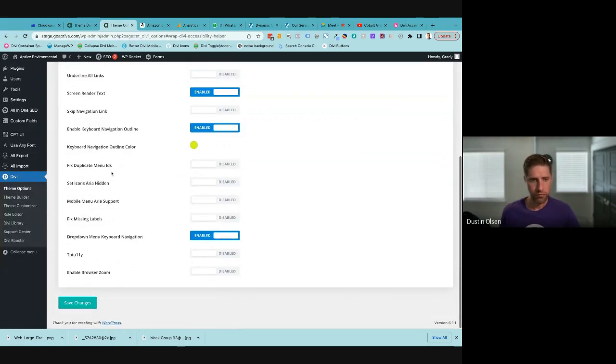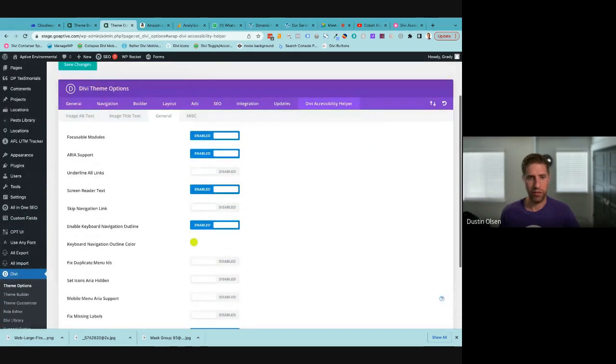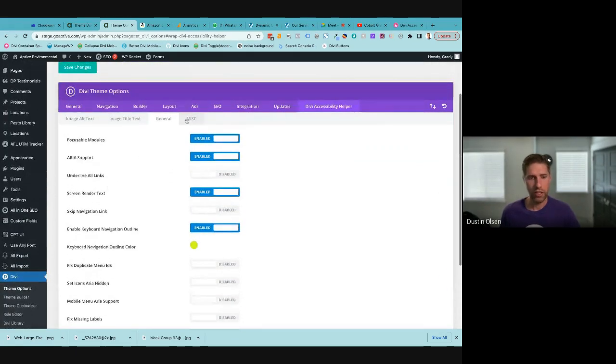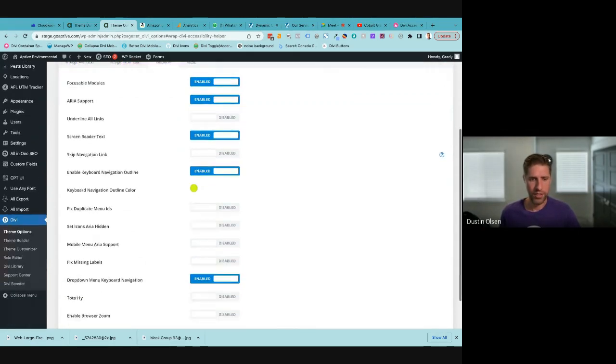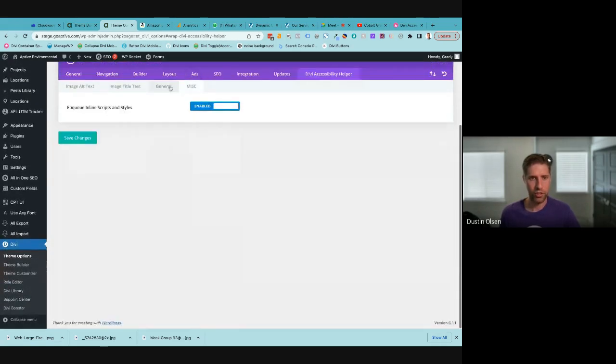So plenty of options here, but those are ones that I feel are very helpful. If you're going to run an accessibility report on a website, these are all the things that are flagged right away. The one thing this isn't going to fix is your color contrast errors in your accessibility reports. That's just going to be due diligence